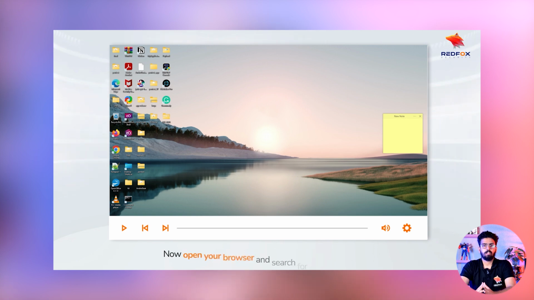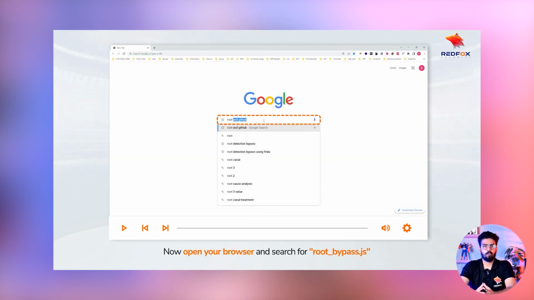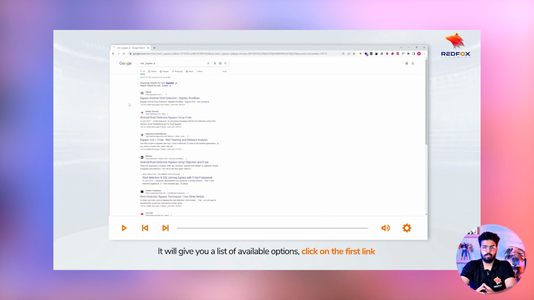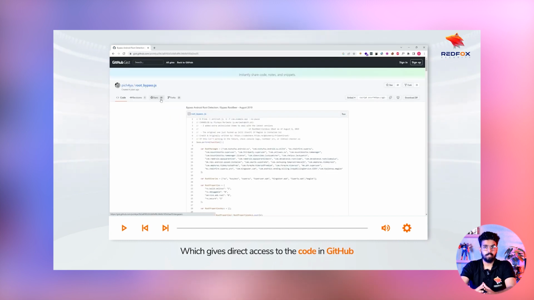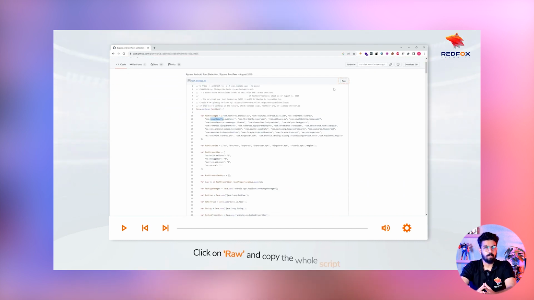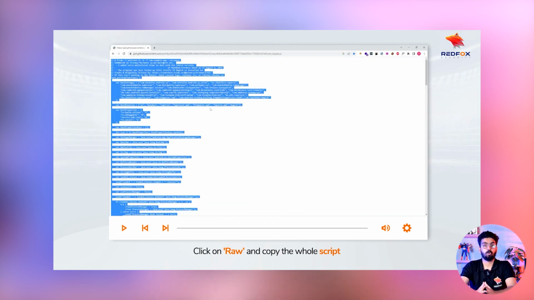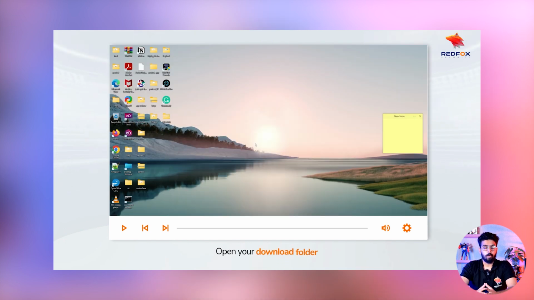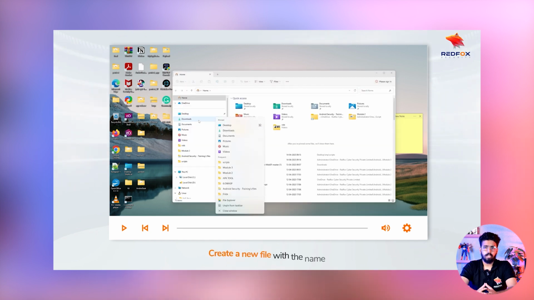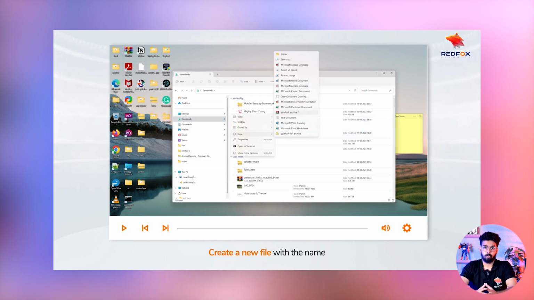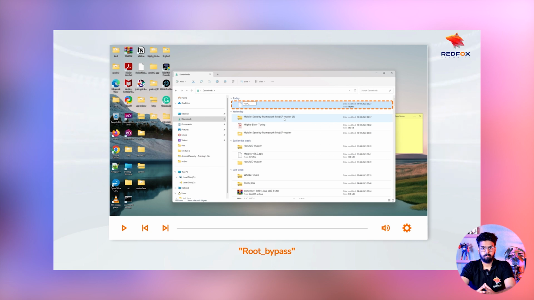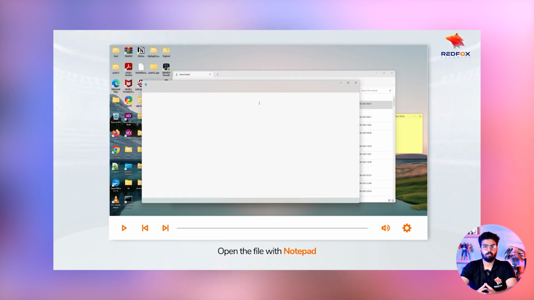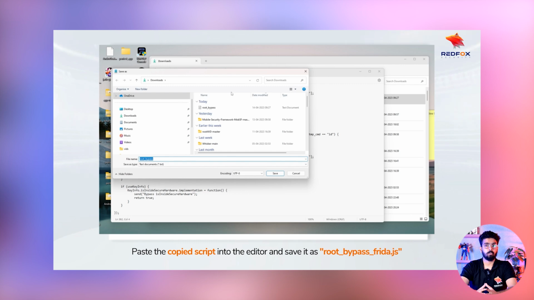Practical. Now open your browser and search for root_bypass.js. It will give you a list of available options. Click on the first link, which gives direct access to the code in GitHub. Click on raw and copy the whole script. Open your download folder. Create a new file with the name root_bypass. Open the file with Notepad, paste the copied script into the editor and save it as